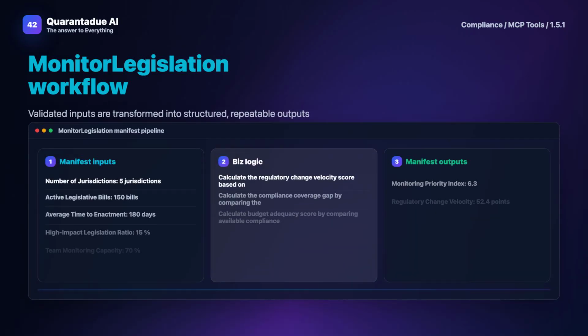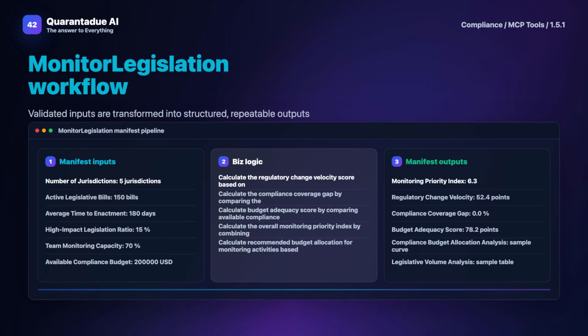The workflow then applies: calculate the regulatory change velocity score based on the volume of active legislation and average time to enactment, normalized to a 0-100 scale where higher values indicate faster regulatory change. Calculate the compliance coverage gap by comparing the percentage of high-impact legislation to the team's monitoring capacity, ensuring the result